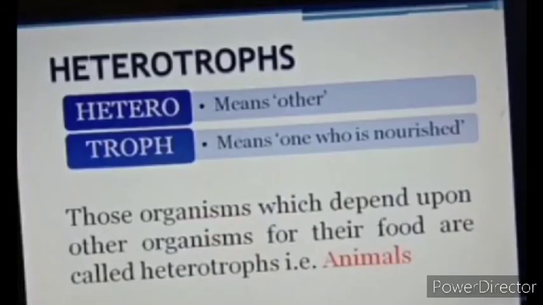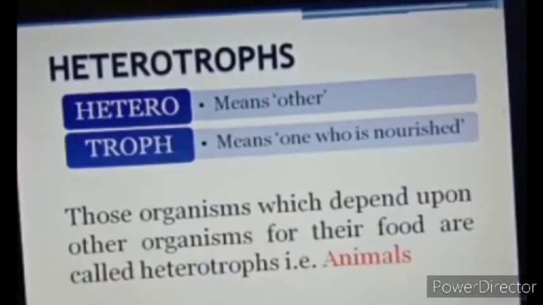Now we will see what heterotrophs are. The word heterotrophs is made up of two words, hetero and troph. Hetero means other and troph means one who is nourished. So the organisms which are nourished by other organisms are known as heterotrophs. The definition is those organisms which depend upon other organisms for their food are called heterotrophs, that is,